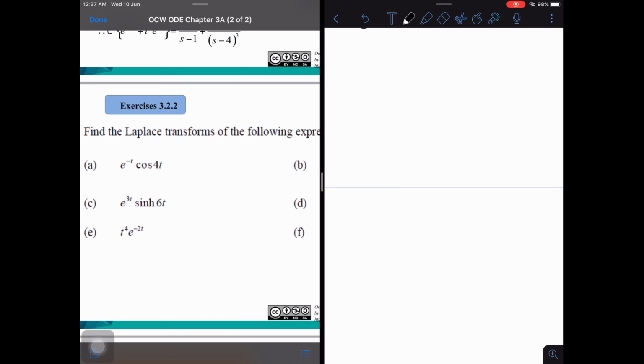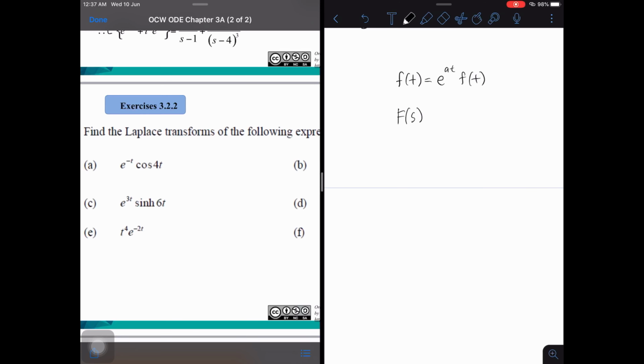Let's solve a few exercises related to the second property that we learned, which is the first shift theorem. But first of all, what does the first shift theorem tell you? First shift theorem is about how to find the Laplace transformation of a function f(t) that involves the combination of an exponent function with any function f(t). When you have this combination, a function times an exponent function, you can find the Laplace transformation by using